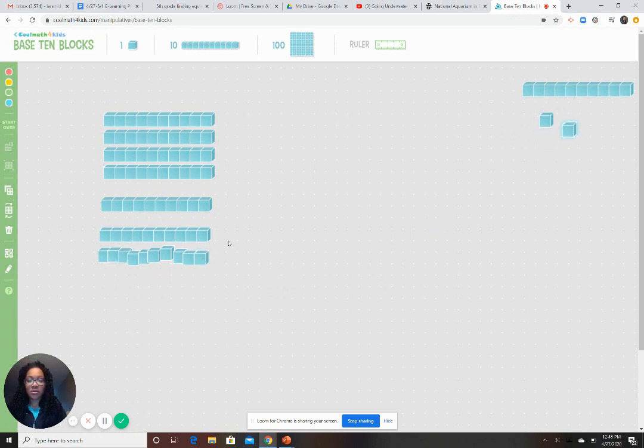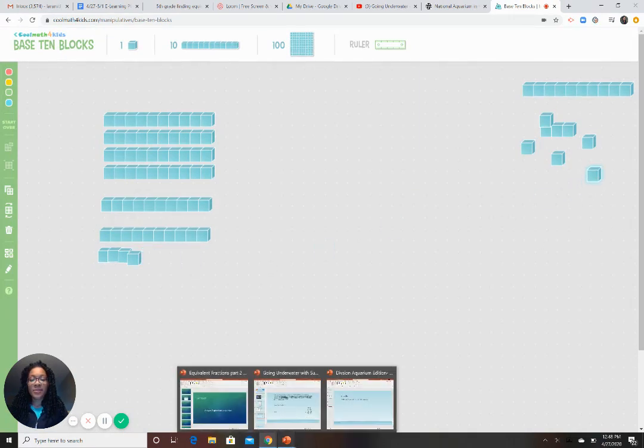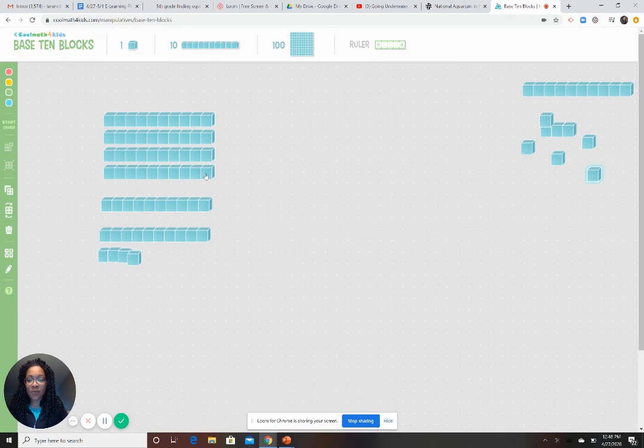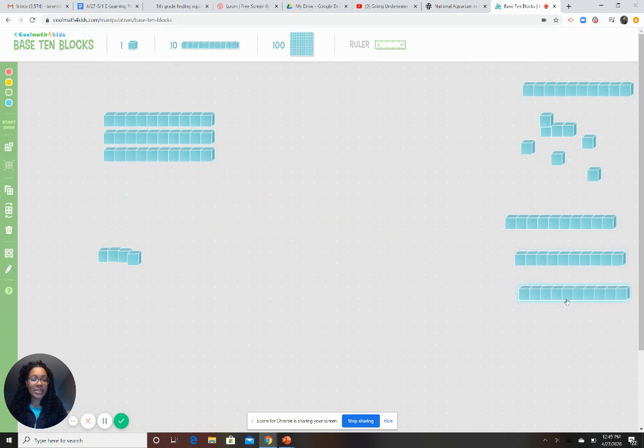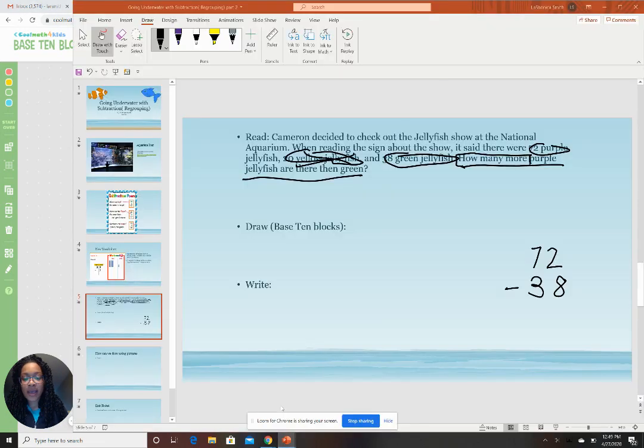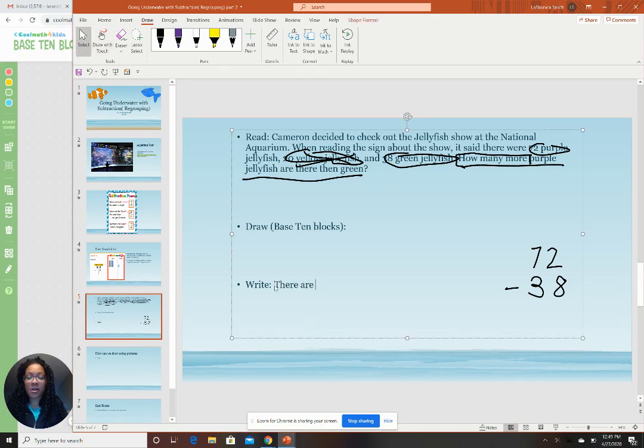1, 2, 3, 4, 5, 6, 7, 8. And then the number was 38, so we need to take away 3 tens. Okay, so now let's count up to see how many we have left. 10, 20, 30, 31, 32, 33, 34. So we're going to go back to our problem and we're going to write that there are 34 more